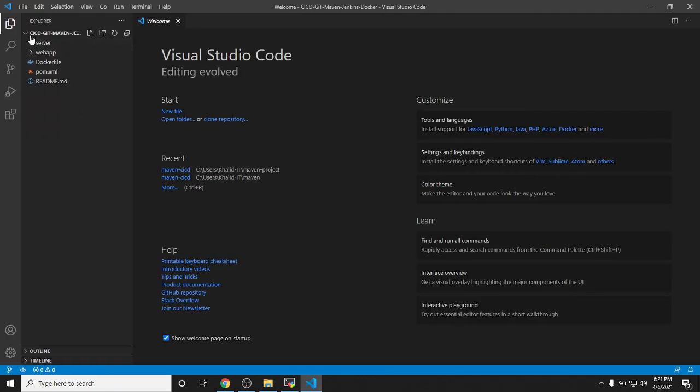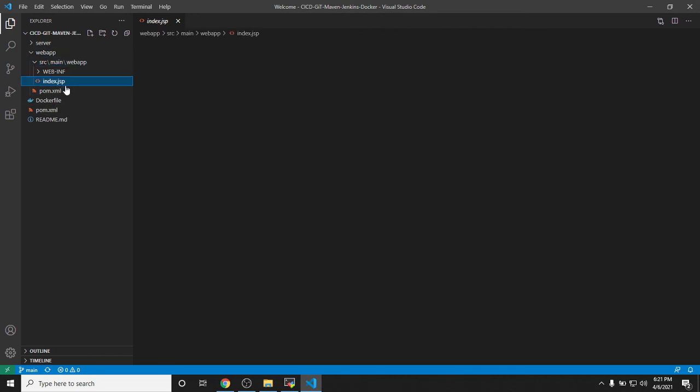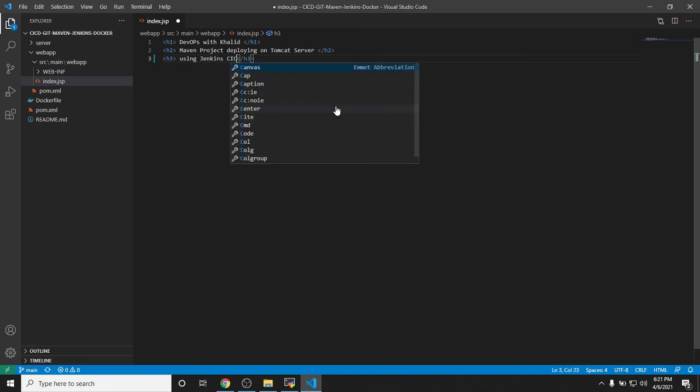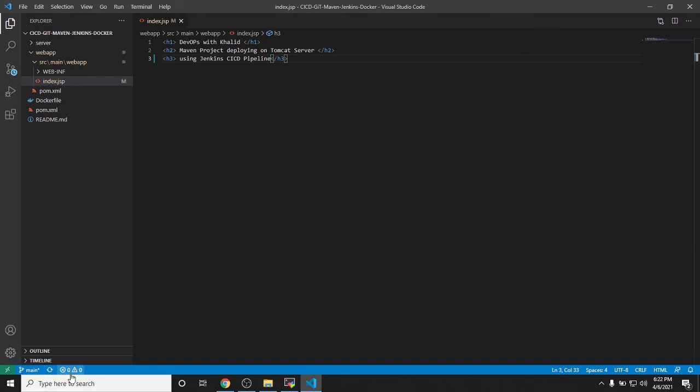Okay, so these are now my project folders and files. So I'll arrive at the webapp and then to my index.jsp where my code is located. So this is my code. Let me add another line to this code using Jenkins CICD pipeline. So I've added this new line. So let me save it, and then on the terminal window,